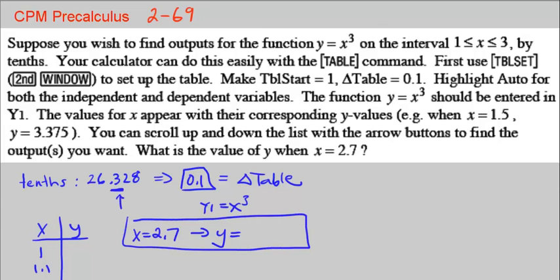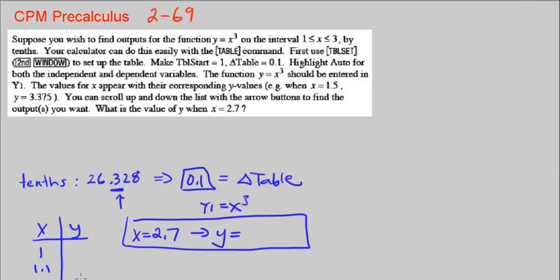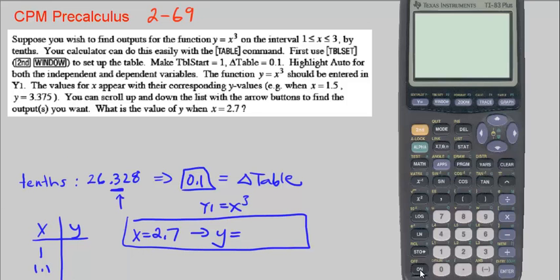Okay, so let's go ahead and do this. Let me bring out the calculator. First, it says to use the table command, but we want to first use table setup. Table setup is if you push second and window, right up here, you'll get to table setup. They say to start with table start being 1. TBL is just their abbreviation for table. So table start